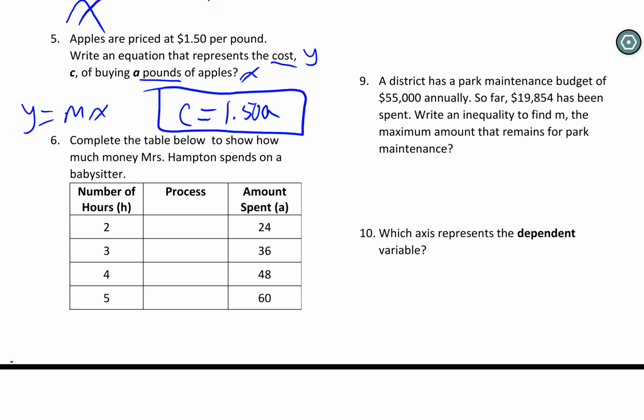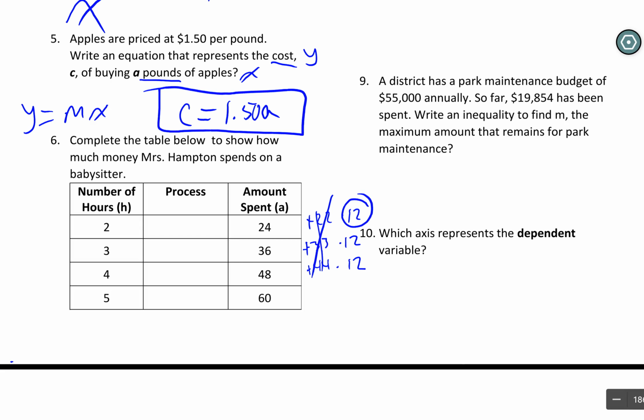Question number 6. We need to complete the table to show how much money Miss Hampton spends on a babysitter. And so I need to figure out, is this multiplicative or is this additive? Well, if I have 2 then 24, how do I get from 2 to 24? I'm going to either add 22 or I'm going to multiply by 12. 3 to 36, I add 33, or I multiply by 12. 4 to 48, I either add 44 or I multiply by 12. And oh, look,